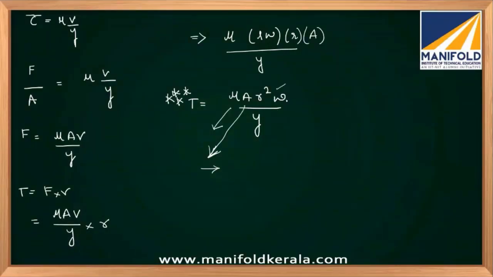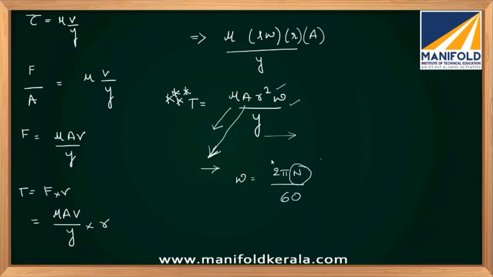R is the radius of the shaft. Omega, as I told you, is angular velocity. Omega is 2 pi n by 60. I'm writing it here again. Omega is 2 pi n by 60, where n is speed in RPM. That is the shaft speed. Y is the distance between the cylinder and the shaft. Most probably cylinder will be fixed and shaft will be at the center line of the cylinder. The distance between the shaft and the fixed end of the cylinder is y.